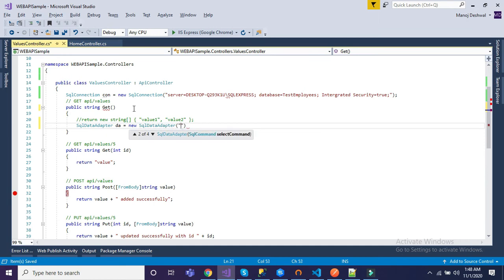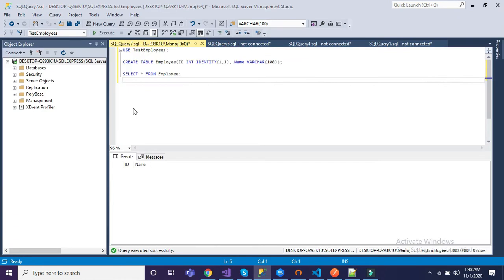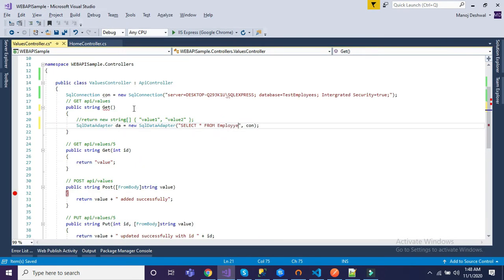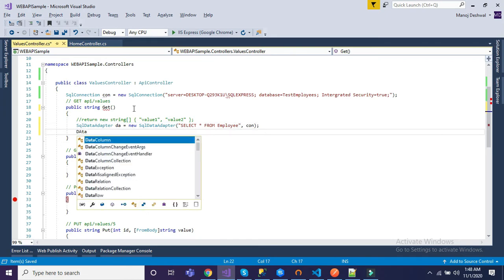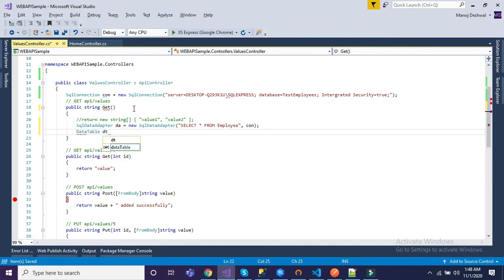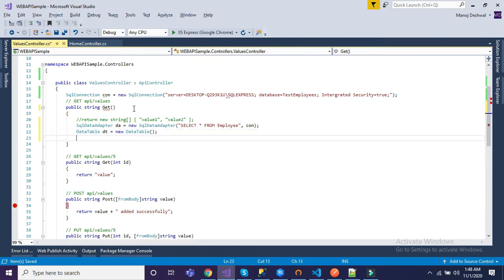So here we will write our command and then the connection object. So let me write select star from employee. That's it. After that, we need to write a DataTable. dt is equal to new DataTable, because the adapter will fill all the data into the data table, and we will use this data table to get the records. All right. Now da dot Fill dt.